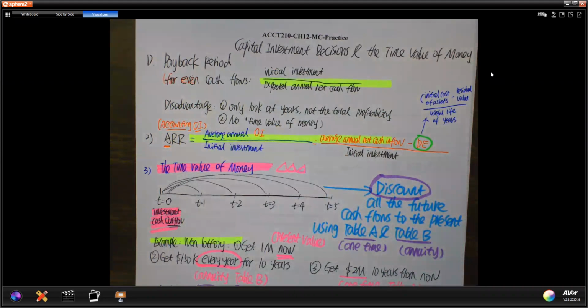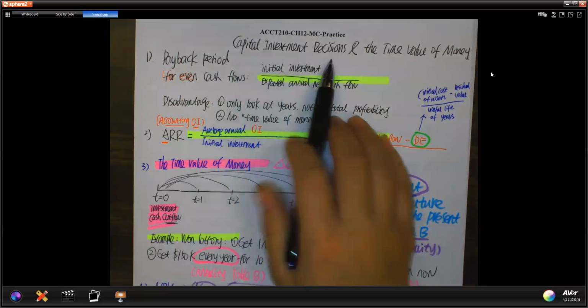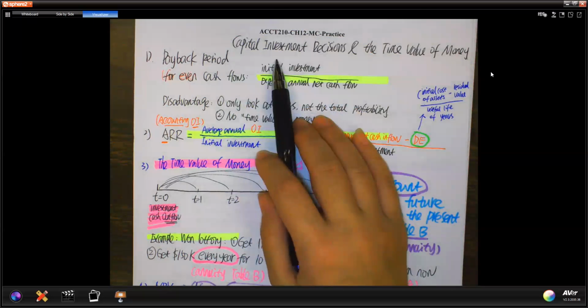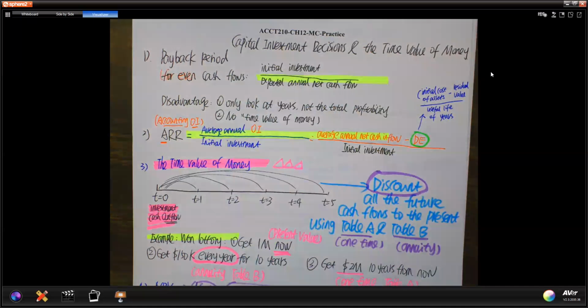For me, I think there are two main things in chapter 12. First thing is we learn the four measures to help us to decide the capital investment. We also call it capital budgeting. So chapter 12 is a very important chapter. I personally think it's not only important for the exams, but also important for our daily life. So I personally strongly suggest you have a good understanding of this chapter. Make sure you read the textbook also, do all the assignments, think about the concepts.